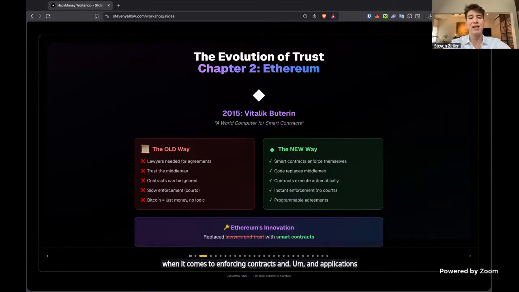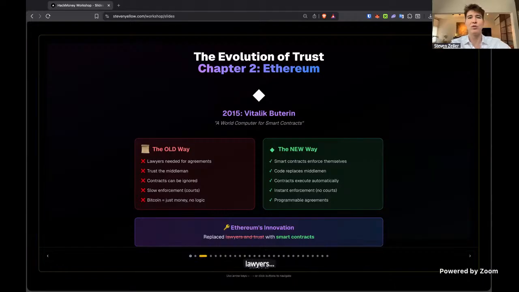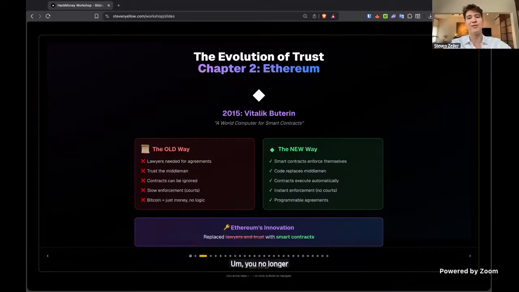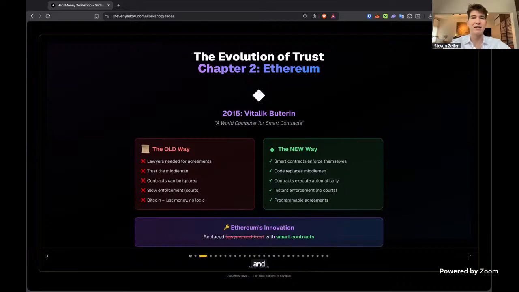Instead of needing lawyers to create things like tokens and participate in applications, you could trust smart contracts to enforce your code, remove the middleman, and have instant, or at least close to real-time, enforcement of your programmable agreements.